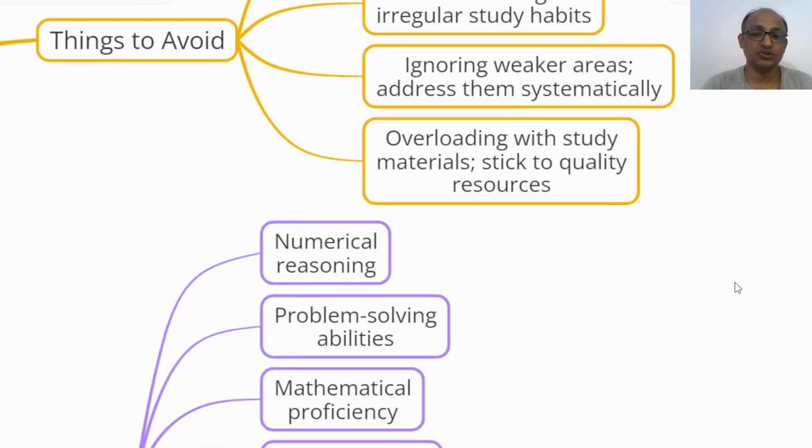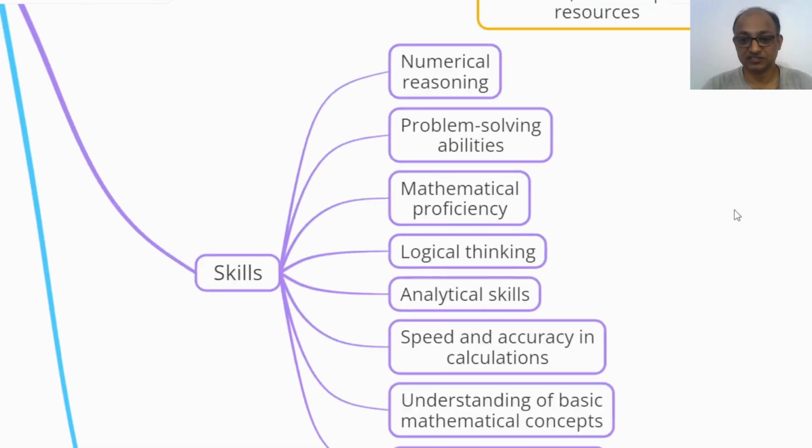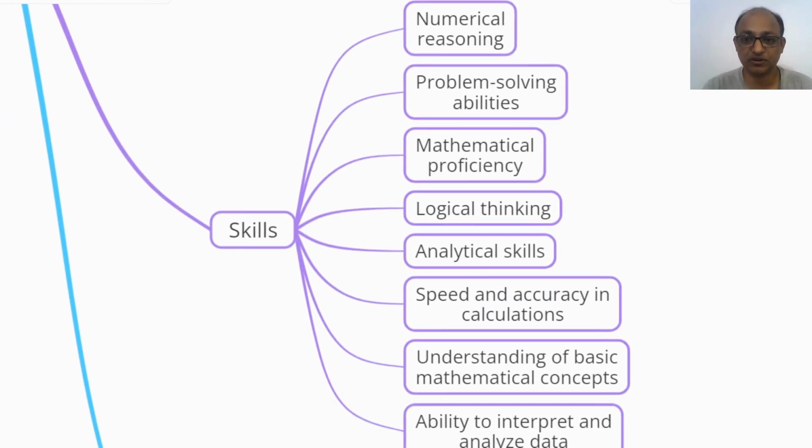So when it comes to skills, there are certain skills that you need to develop. When it comes to quantitative aptitude exams, you will need to develop the skill related to numerical reasoning; mathematical reasoning has to be there. Then another skill is problem solving, like how you can construct a mathematical problem from a scenario. Your mathematical proficiency related to all the aspects we discussed earlier, the algebra, arithmetic, all those aspects has